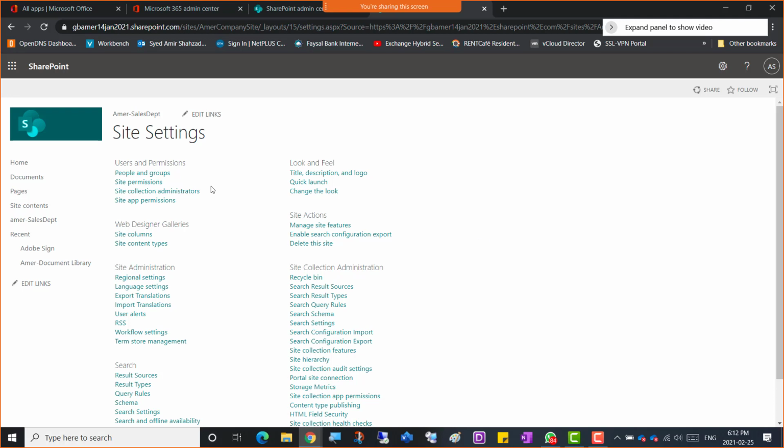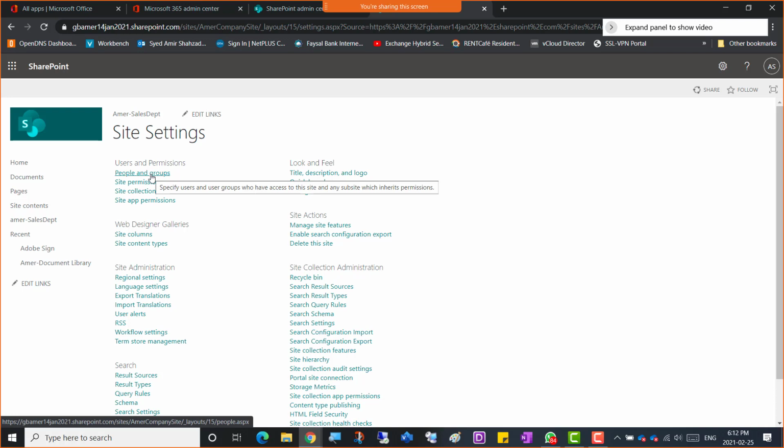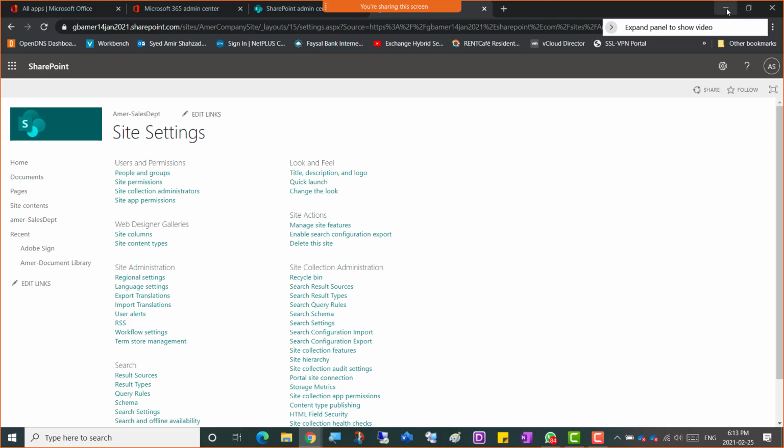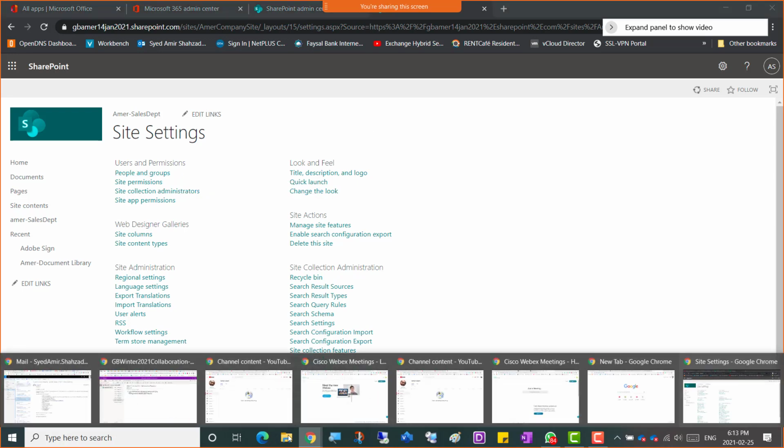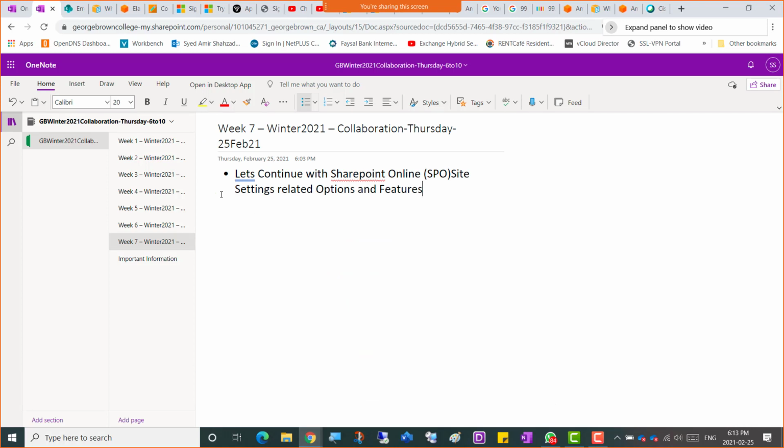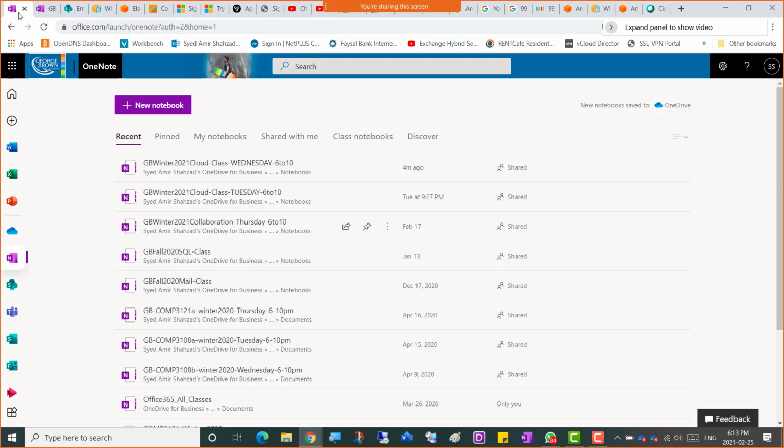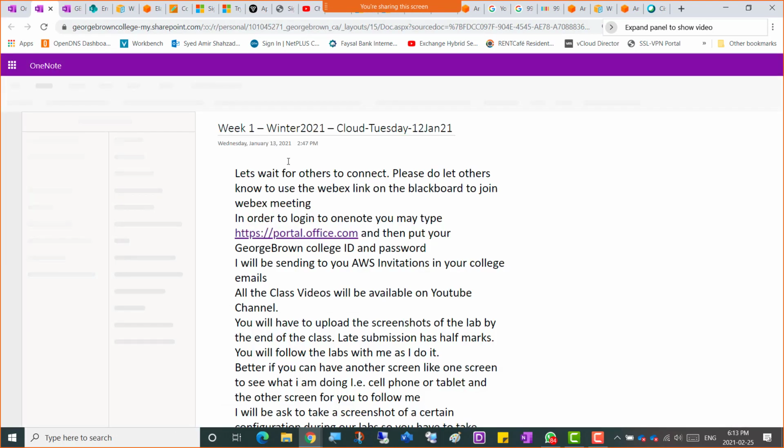Last time we were talking about people and groups, and there we were able to add users. We can create groups and add them as well, and we can give permissions to them for different sites. I'm going to be uploading slides as well. Well, that's pretty much the same information for the online